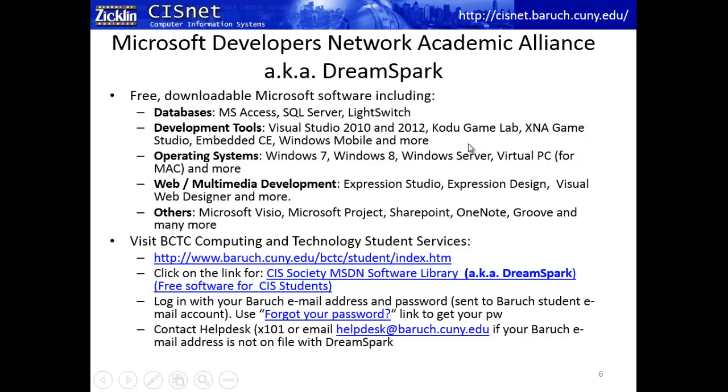Other stuff, if you're interested: the Game Lab, embedded CE development for Windows mobile phones, and all that sort of stuff. There's the robotics development kit that Microsoft has. It's all on there. As far as operating systems are concerned, Windows XP, I think they may have actually removed that. I haven't seen it in a while. It was in there for a long time, but obviously Windows 7, Windows 8 if you're brave or foolish, all different varieties and flavors of Windows Server, as well as Virtual PC for Mac, and many other flavors of operating systems. For web or multimedia development, Microsoft has a whole host of tools like Expression Studio,